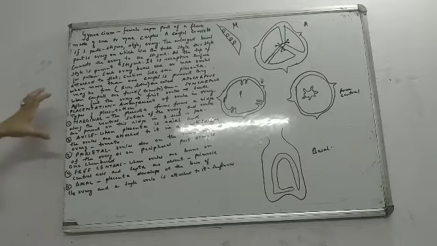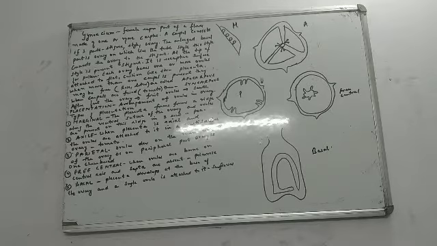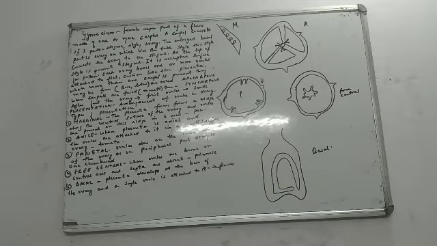Now we have to see that the arrangement of ovules inside the ovary is also different, because I told you each ovary may have one ovule or it may have more ovules. These ovules are attached to a flat cushion-like structure which is known as placenta. They are not lying free here and there, they are attached to a flat cushion-like structure known as placenta.